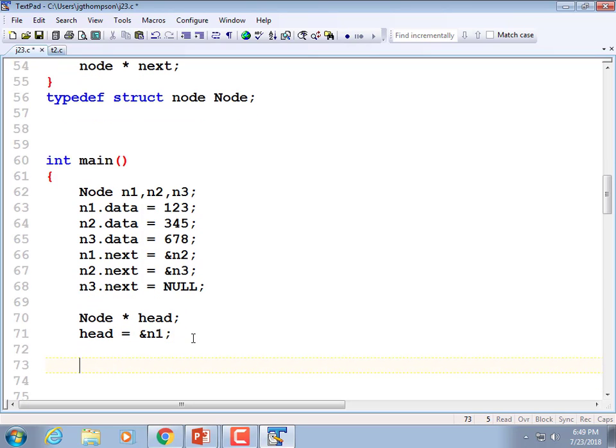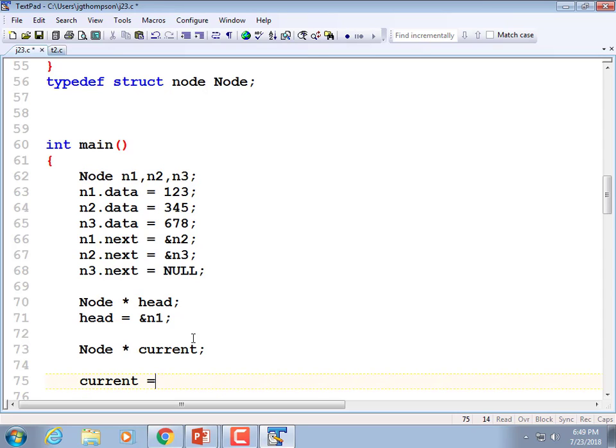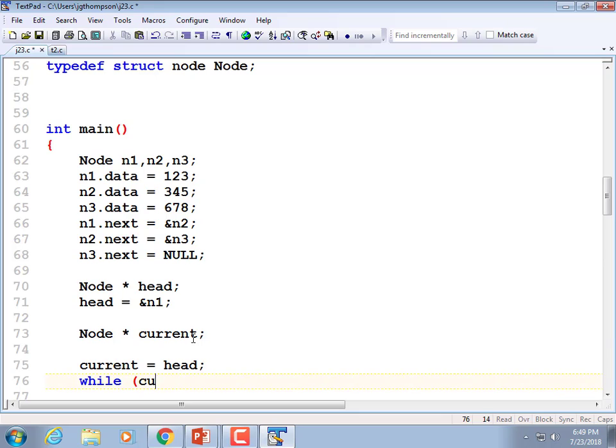Now let's step through the list, printing out all of the nodes. So I'm going to create a pointer. I'm just going to call it PN, or CUR for current. Node pointer, how about current? We're going to start current by pointing it off to the head. And then while current is not equal to null,